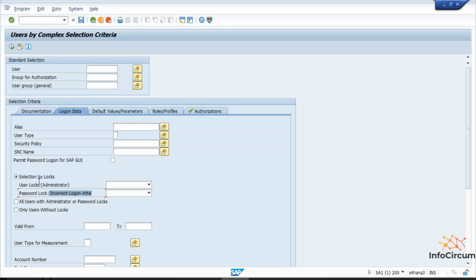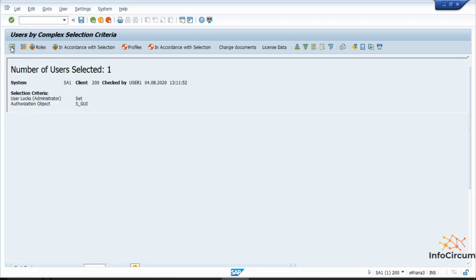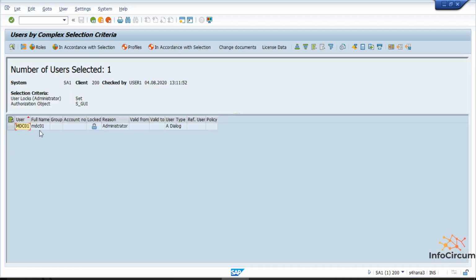So I'm just giving you an example: if the user is locked by the administrator, it will give the list of all those users. See, only one user is there who is locked by the administrator, and the user type is dialog.